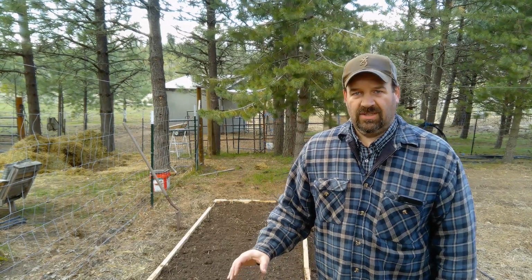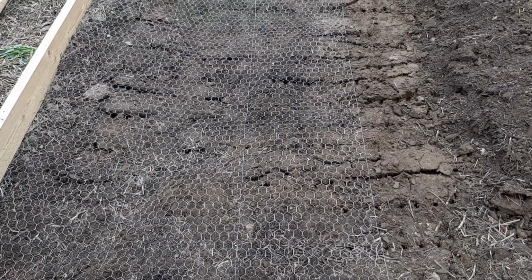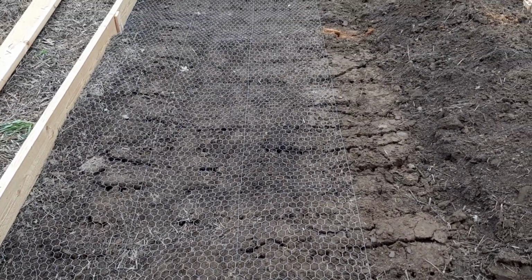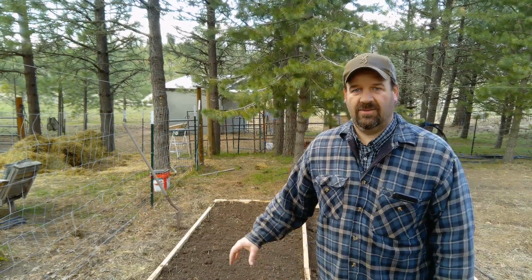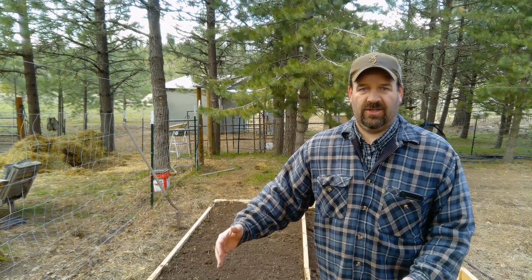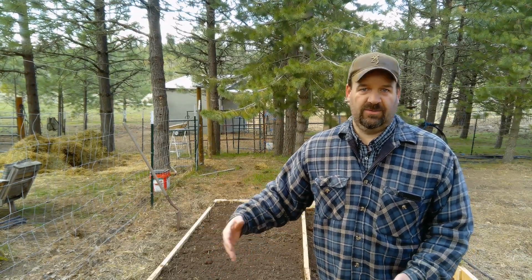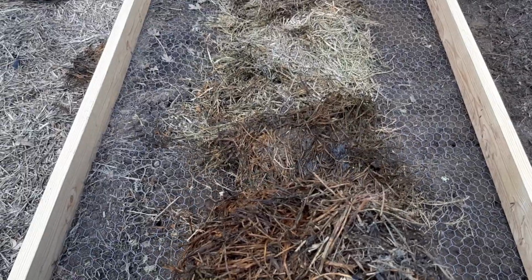I'm going to use a method called core gardening. And what it is, I dug this whole section out, and then I went ahead and laid some chicken wire underneath it to keep the moles and gophers from eating up the roots. And then after I got that all laid in, and I stapled it to the bottom of the baseboards here and laid right in the middle, basically I just did a third, because this chicken wire is broken out in basically third sections, so I just followed the middle third, and I filled it all the way up